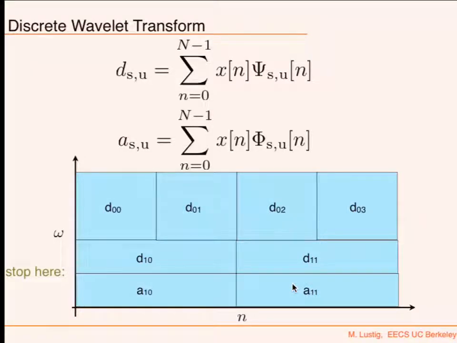Yes? So does that mean that the highest frequency coefficients for the wavelet transform will always be from pi over 2 to pi, or can you have a wavelet transform that has better resolution than that? Well, you could decompose this further at the expense of losing temporal resolution. It's always this trade-off. But with the classic wavelet decomposition, where we split like this, then yes. But you can have other decompositions with other splits, and you'll see how you can do this when we get to how to compute it.